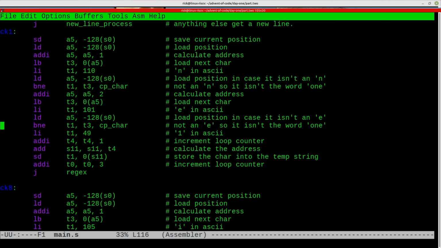Then it loads the E, does the same again. If it's ONB, then it's not the word 1, and so it would just put it back and let it start to copy the characters again. But if it has determined that it is ONE, then it is the number 1, and so it increments the counters and calculates the new address, stores it into the temporary string, and then increments the loop counter, this time by 3. Now, the reasoning here is that the